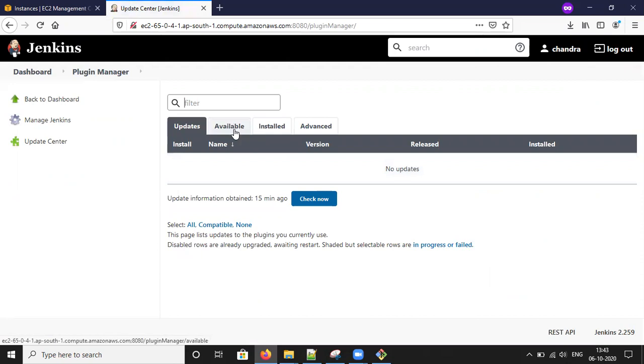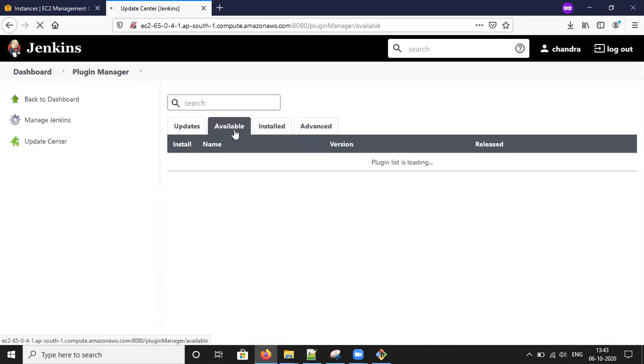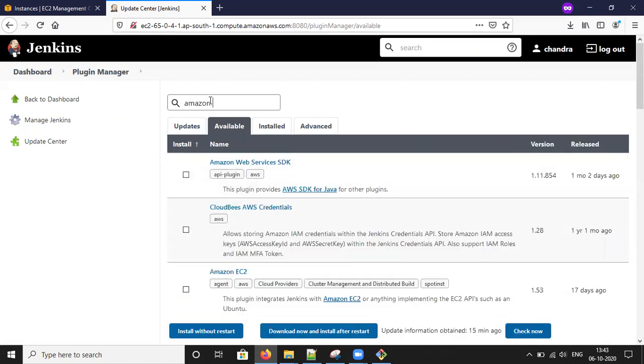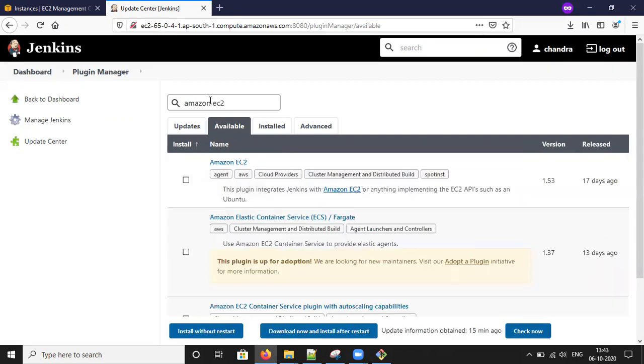Go for available. Use the search button to search if you want to use Amazon EC2.